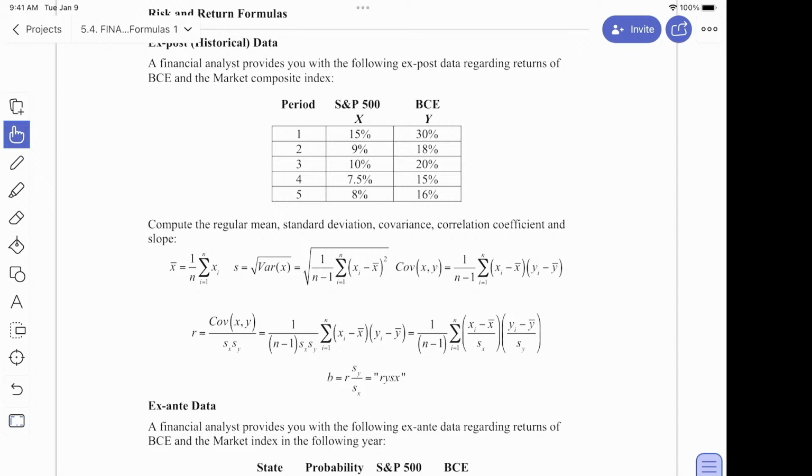Yeah. So that's the main point I wanted to make, okay? That you can get all these statistics here using your calculator, just like I showed you. But question, is it okay if I just insert what I got in the calculator there in the formula? If I ask you for covariance, you should be able to use R, SX, SY directly from the calculator?